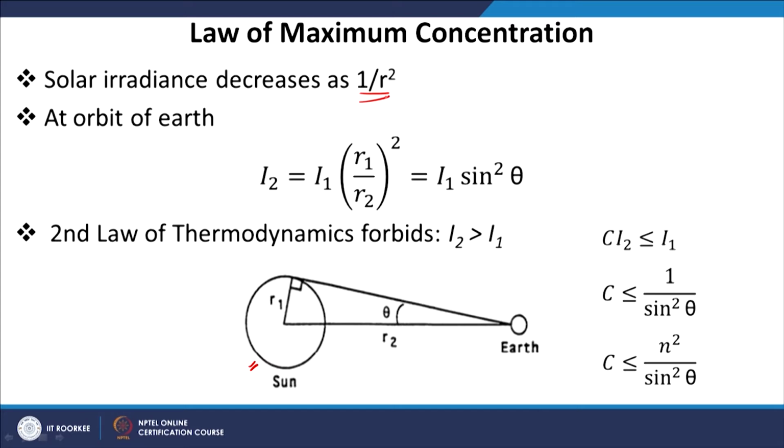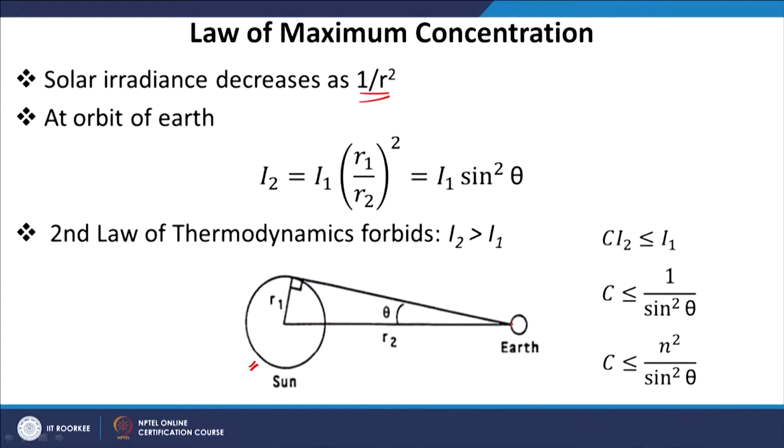So, let us say the intensity at the surface of the sun is I1, R1 is the radius of the sun, and then the intensity at the earth's outer atmosphere. Here we will just look at the outer atmosphere only, because we do not want to go into the details of how the atmosphere interacts with intensity. If at the outer atmosphere the distance is R2 and the intensity is I2, then the relation I2 upon I1 is R1 upon R2 square, where R1 is the radius of the sun and R2 is the distance between sun and the earth.